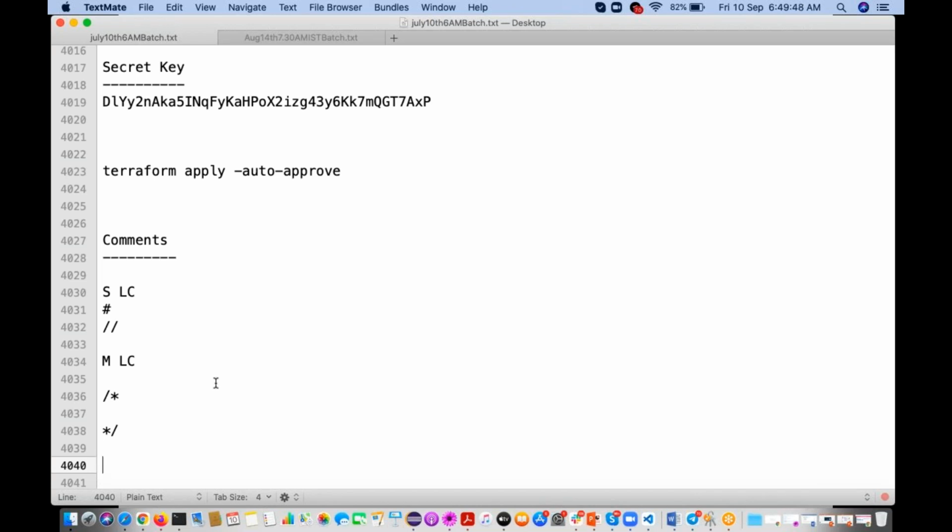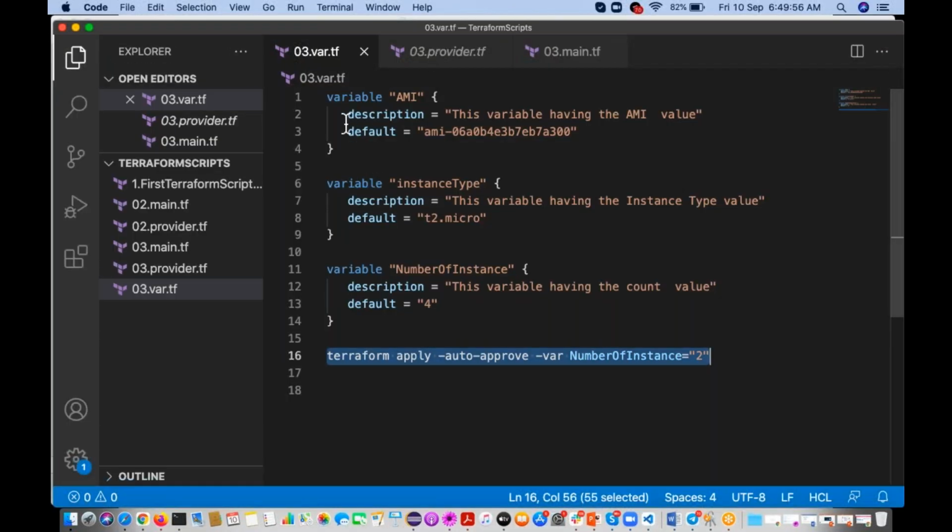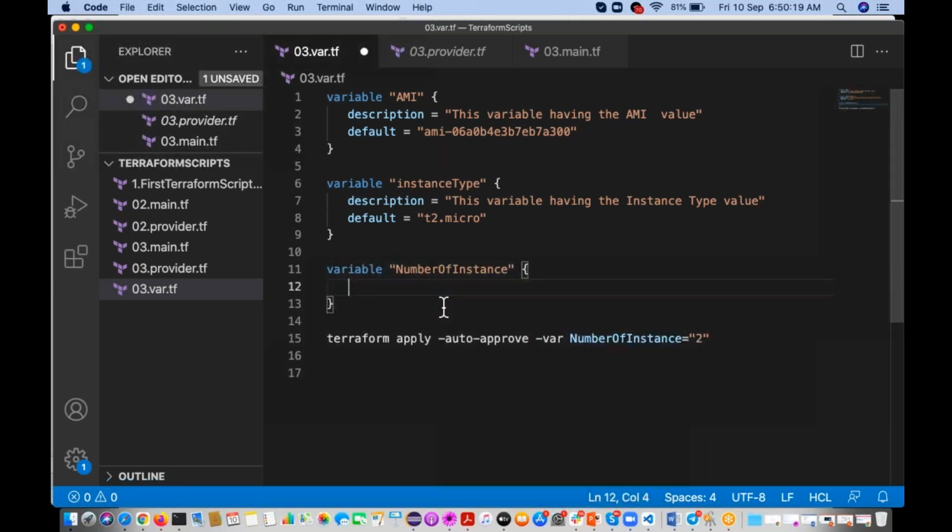So in the script we have given key pair values. Okay, so you are saying, without these key value pairs, is it possible to create the instance? It is not possible. You have to give this key and value. Otherwise, you have to pass it like this, but you should create this variable name. Even if you don't give it here, it is going to work because we pass the variable value dynamically.